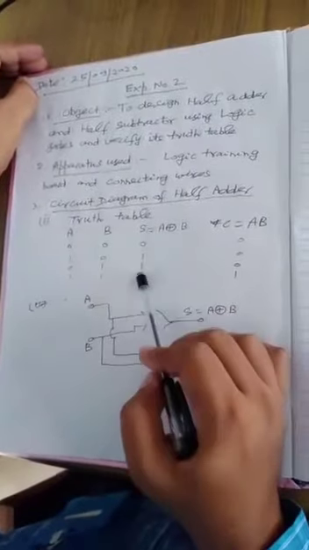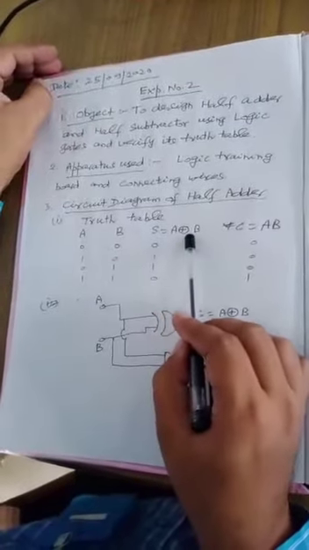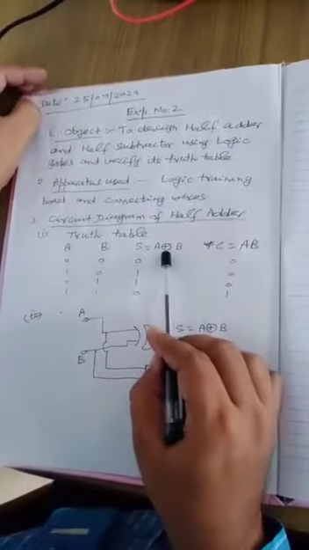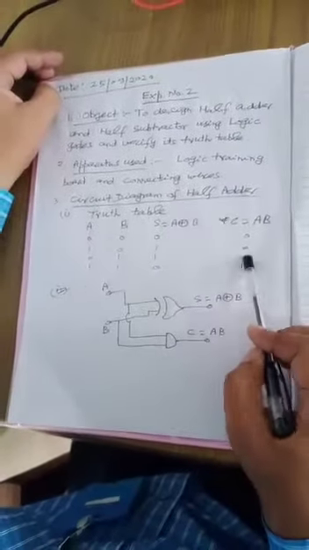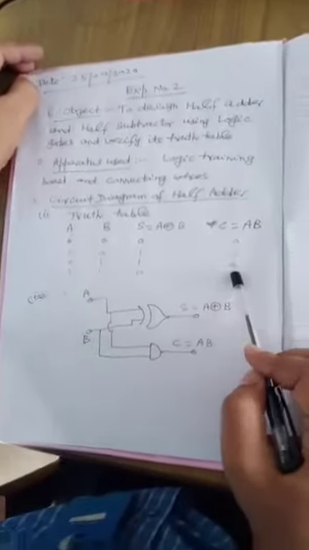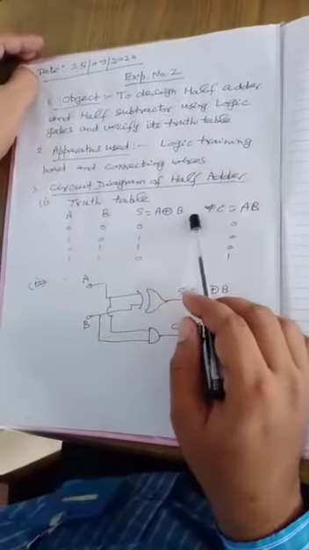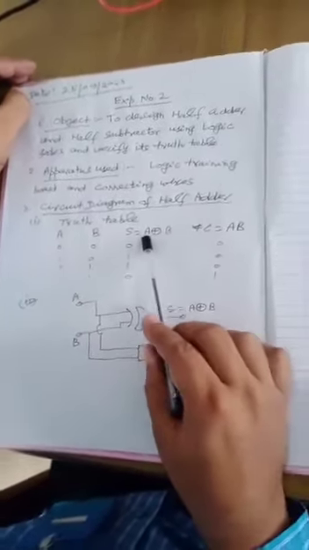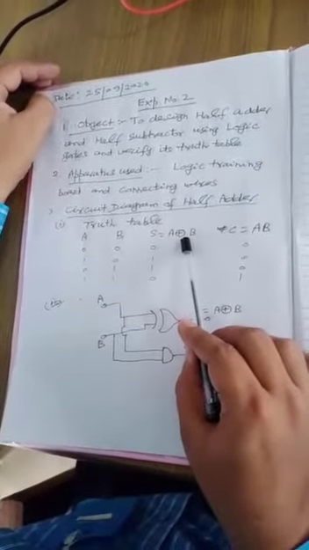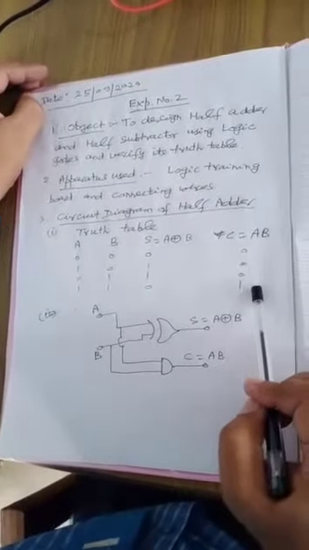And you remember that you see thoroughly this truth table. This is the same as the truth table of the exclusive OR gate. That is, sum of the half adder is the output of exclusive OR gate. And see thoroughly the carry. This is the output of the two input AND gate. In this way, for designing the circuit of half adder, we use sum as the output of exclusive OR gate and carry as the output of AND gate.